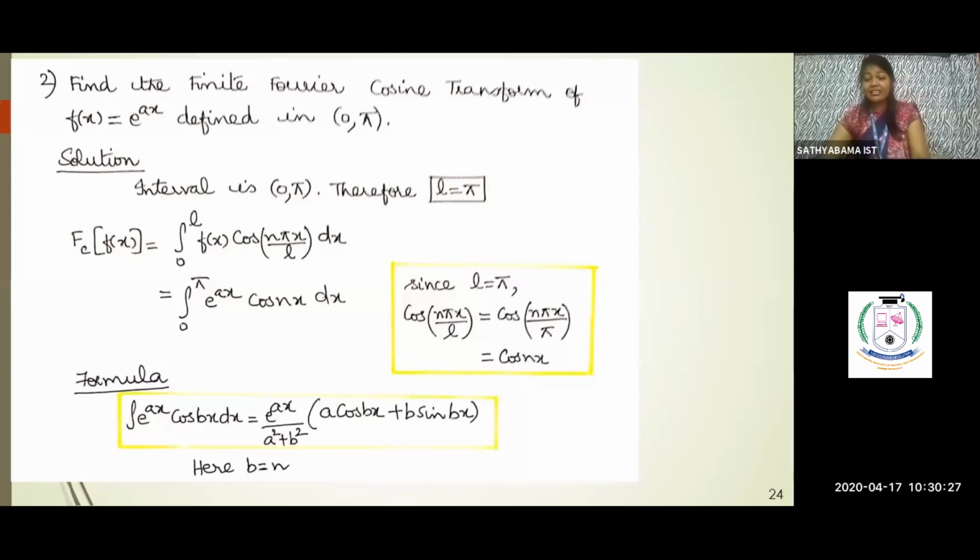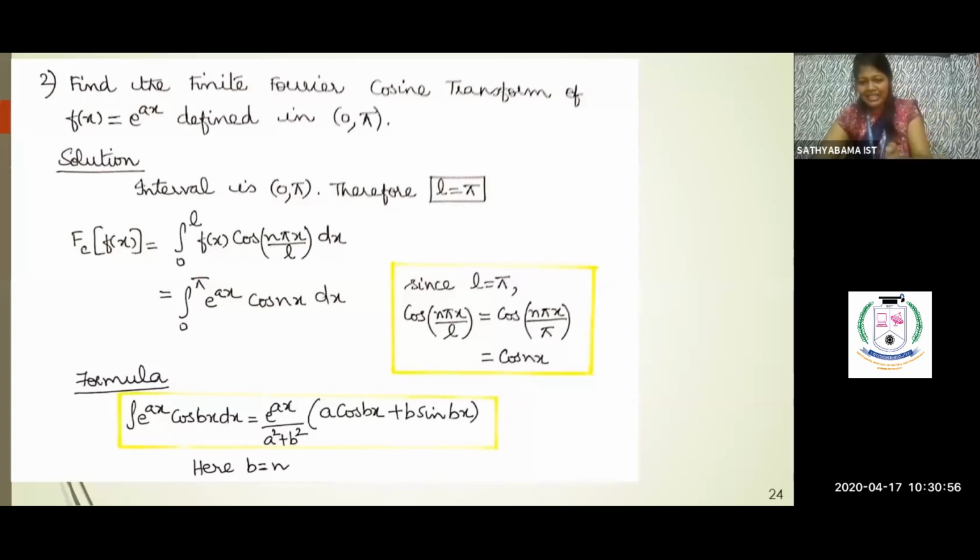Now when you look at this integral, it should automatically strike you. You should not go for Bernoulli's, because what is this? It's a product of two functions where one is exponential, the other is cos. So we have a ready-made formula. We've been using this formula throughout this topic, I mean, throughout today. By now you should be really familiar with this. So what is integral e power ax cos bx dx? It is e power ax by a square plus b square into a cos bx plus b sin bx.